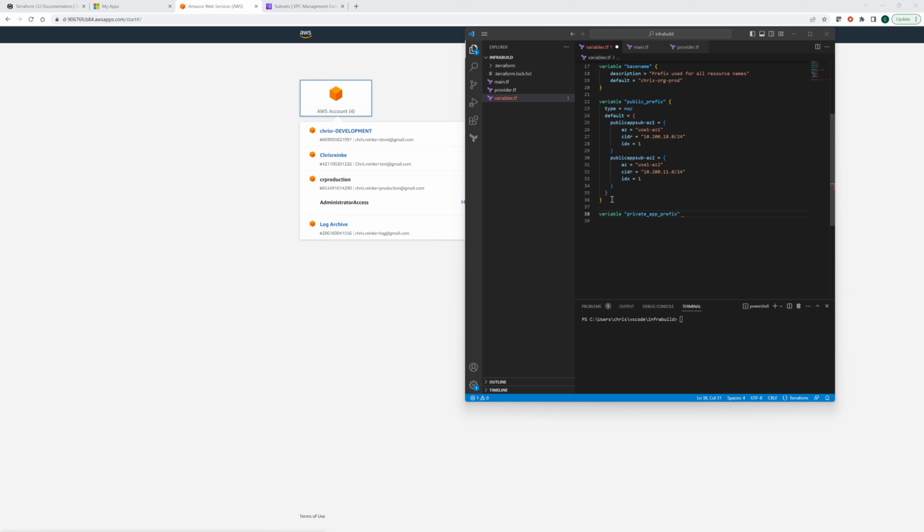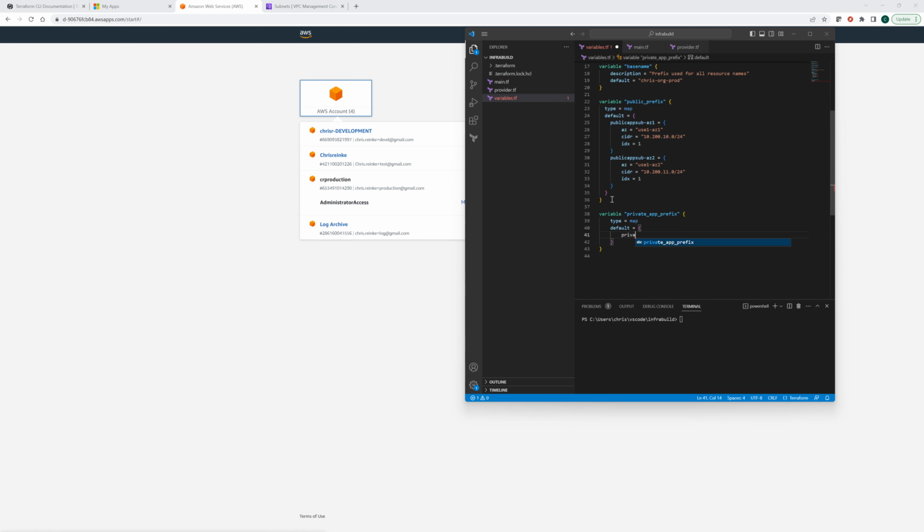This is where we're going to put our applications that do not need to be directly accessed. This is again a type of a map and default. And this is going to be similar to what the last one looked like. We're just doing it with two different subnets